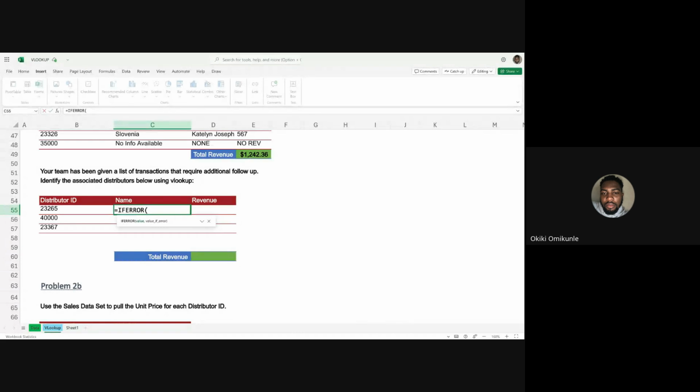data that, okay. So there are some aspects of your data that maybe are missing for some reason, and it would want to return an error. It is advisable you use IFERROR